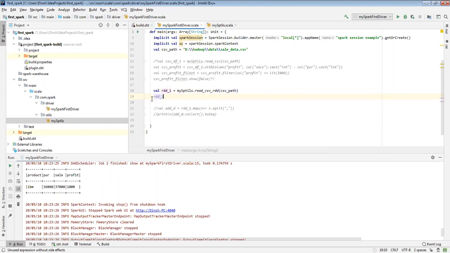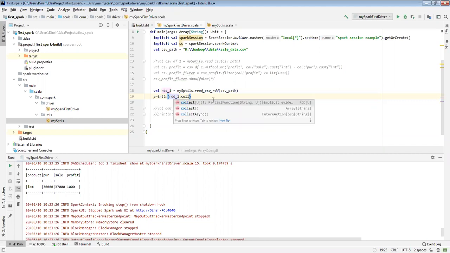I'll do print dot collect. Collect, I will just run.